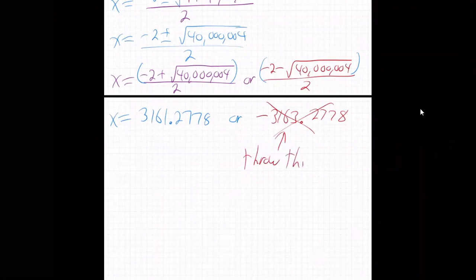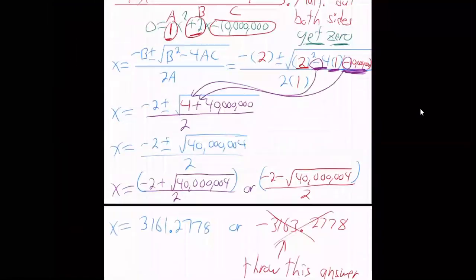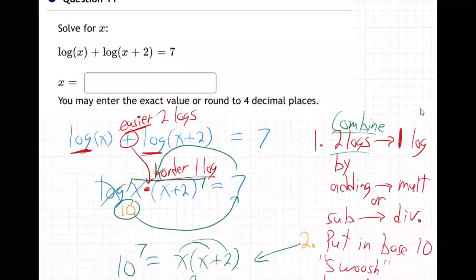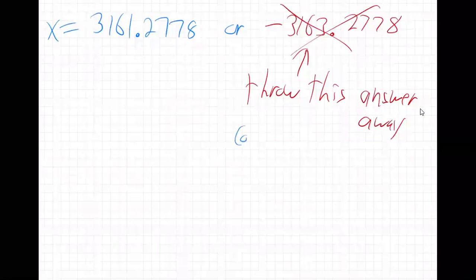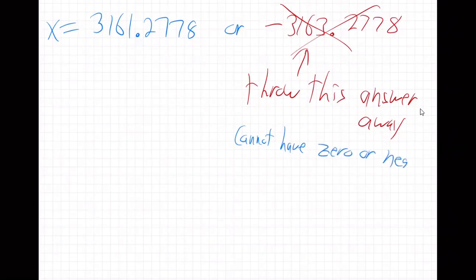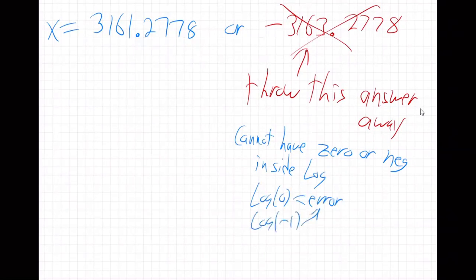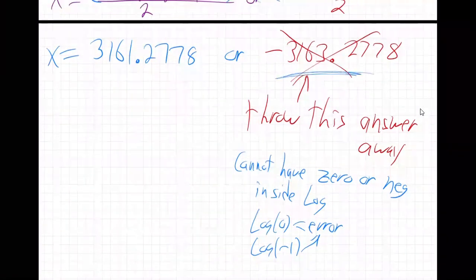Throw this answer away. Why do we throw that answer away? Well, do you remember? I know this is probably a little bit tricky. Remember the original question? Let's go back to the original question, right? It's log, right? You can't put a negative or a 0 inside of a log. Do you remember that? If you check on your calculator, we cannot have 0 or negative inside of a log. You can try it on your calculator if you're not sure. Try the log of 0, it'll be error. Try the log of negative 1, same thing, error. Can't have it. So any answer like this one that's negative,